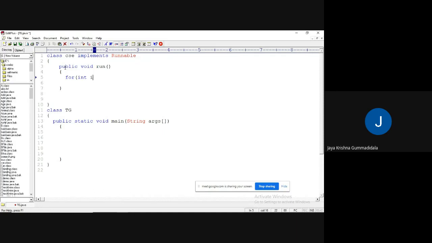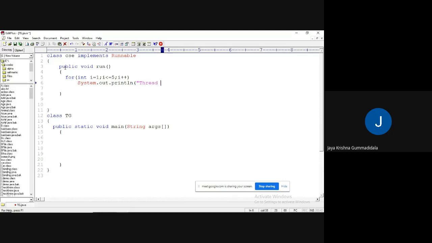For example, I will write for int i equal to 1, i less than or equal to 5, i plus plus, System.out.println of thread created with the name.